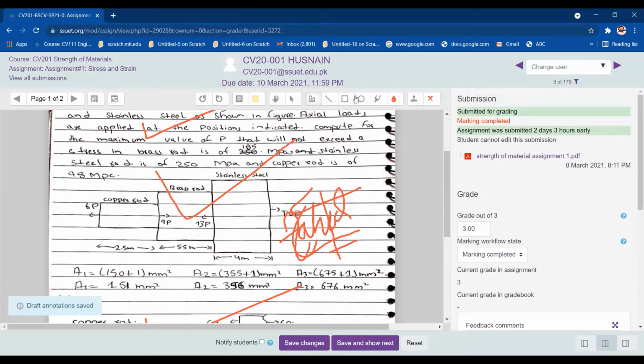And what are the other things you can do? You can check the copies and mark ticks with this. You just click on it and you can mark it. If you want to make a cross, you can click on this cross. Your happy face and sad face are also there. If you want to put these types of comments, you can do it.